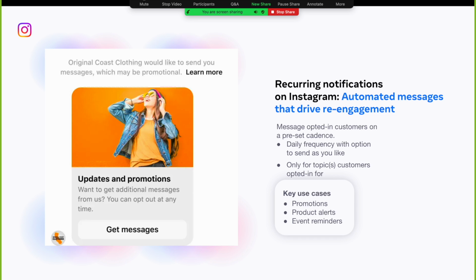But if a business wants to deliver regular notifications, updates, etc. to users, then they can ask users to sign up for recurring notifications via this sort of an opt-in template. Once a user has opted in, the business will be able to send messages up to a max of once per calendar day and can be used to send messages related to promotions, reminders, or product alerts.